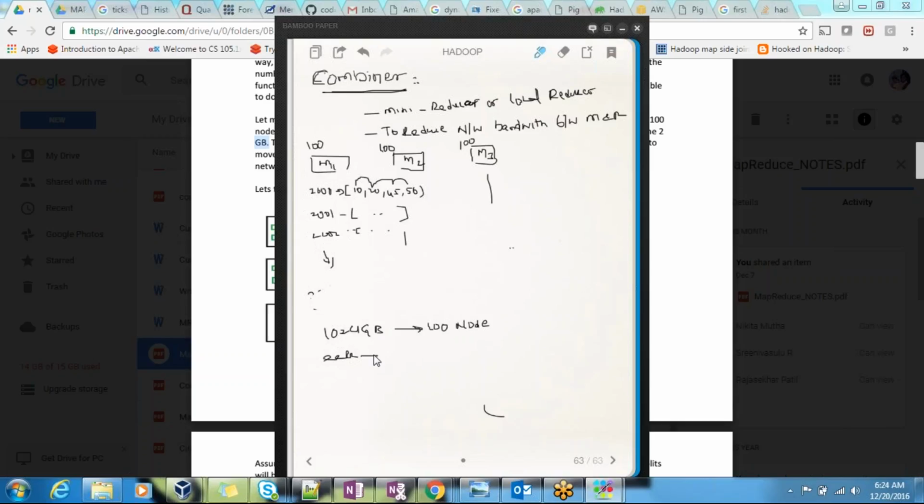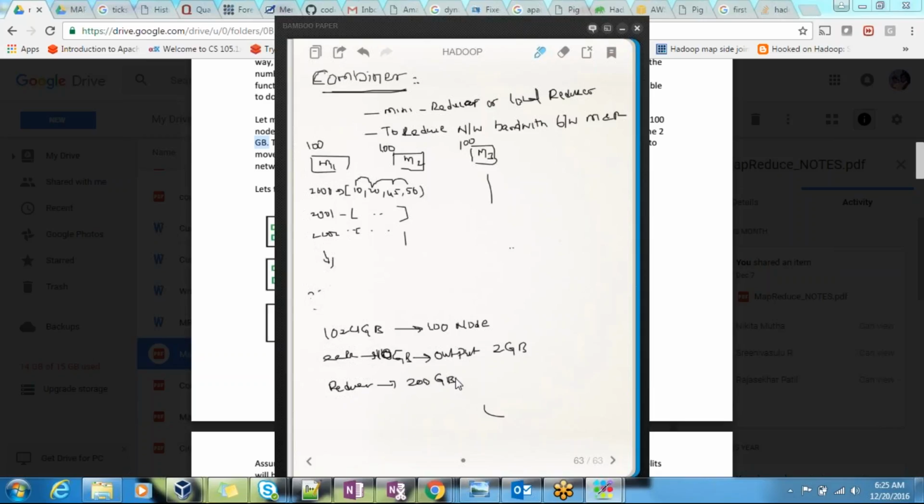Each node is processing 10 GB and giving 2 GB as output. What is the total output, guys? It means 100 mappers are launched. So how much output will go to the reducer? 200 GB. So your reducer will receive 200 GB of data to process.